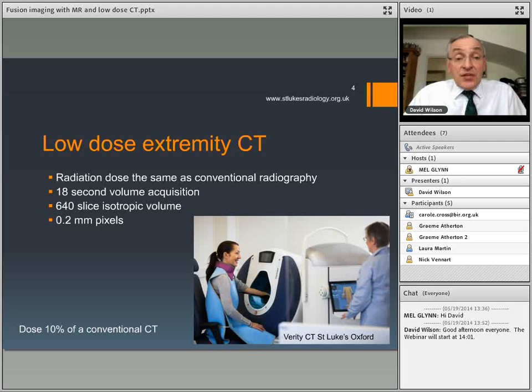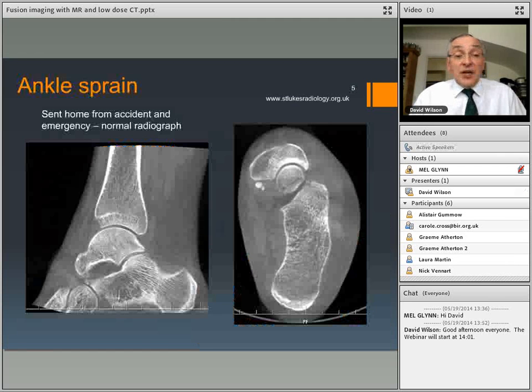pixel. This means the CT we acquire, say a wrist, an elbow, an ankle, a knee, will be higher resolution than conventional CT, especially in the off-axis planes, and a lot of data. Indeed, that's so much data that it can be a bit of a problem if your machine that you're viewing it on doesn't have enough RAM. We recommend about 8 gigabytes of RAM to deal with the images because it's a lot of information. It takes 18 seconds to acquire, and we produce sections which are reviewed as a MIP, and they look like